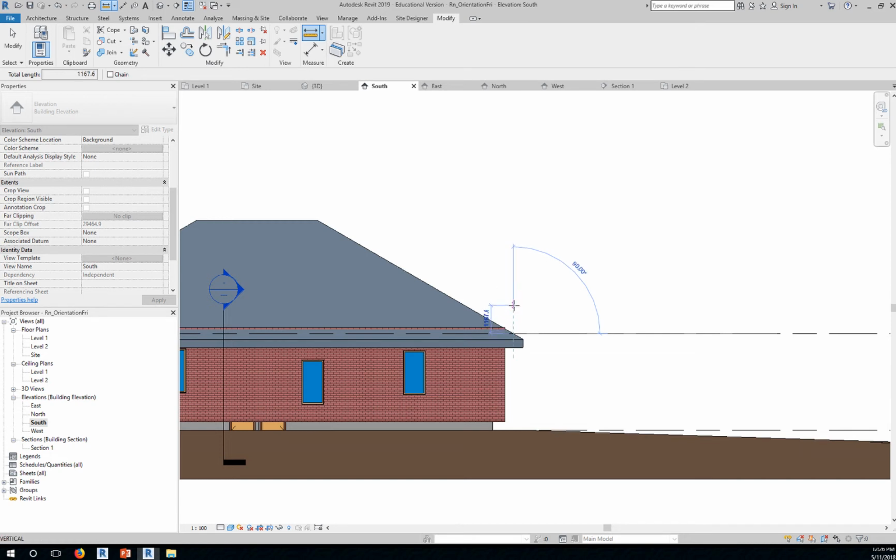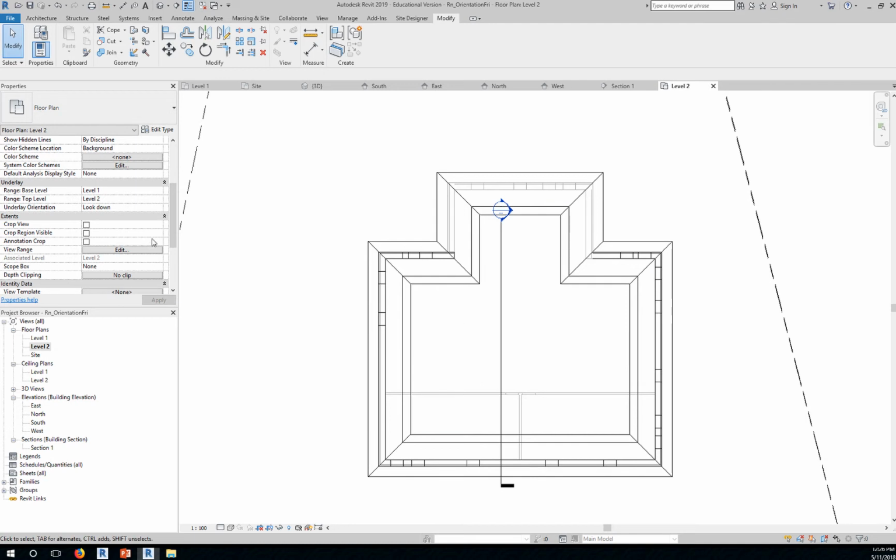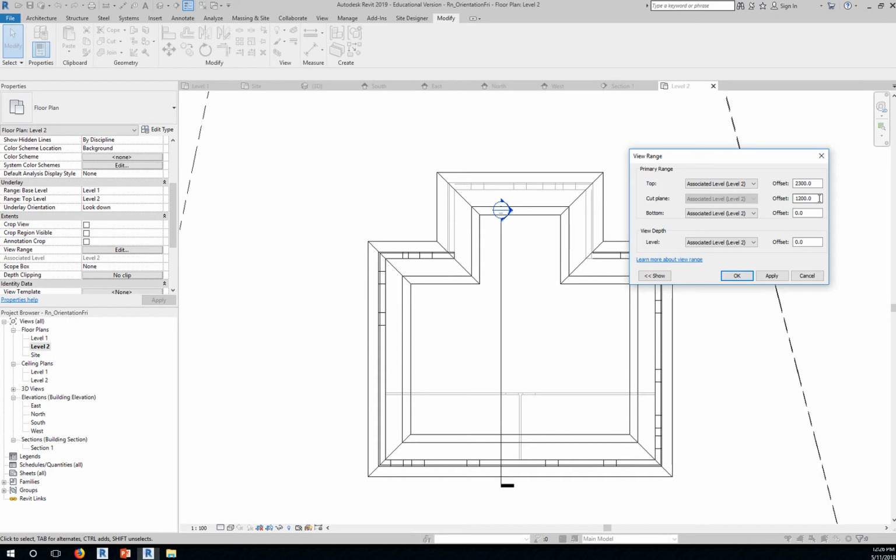Now, if you don't want that cut plane, especially at the roof level, you want to bring your cut plane about this high, about 5,500. Okay? So how do you do that? You go back to your level 2, extents, view range, edit, and change this to